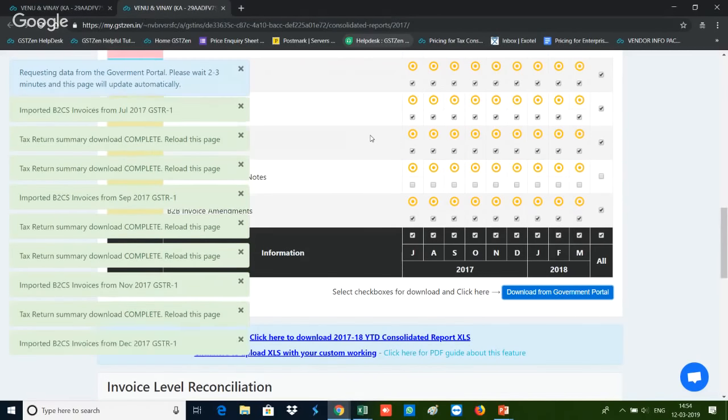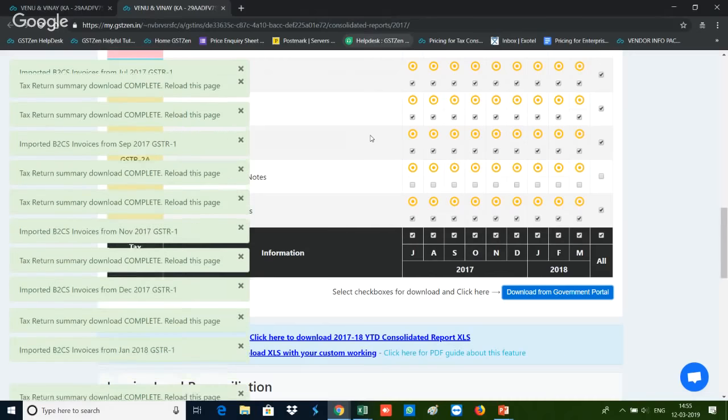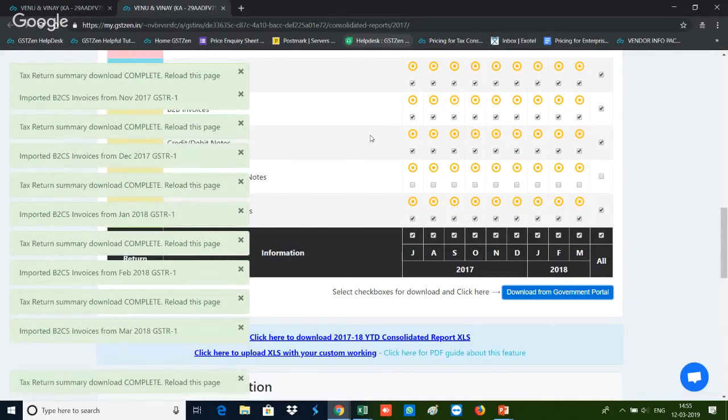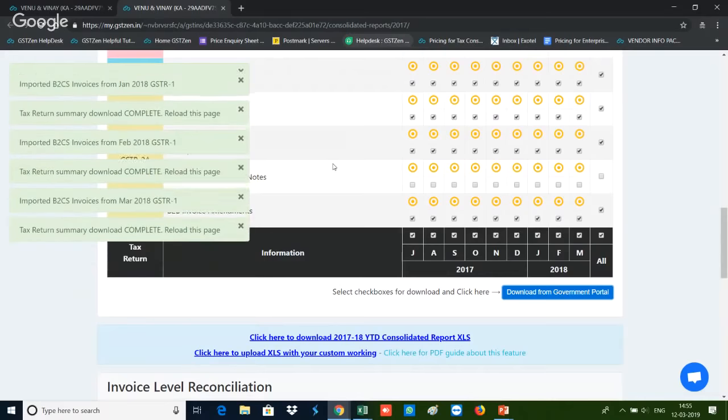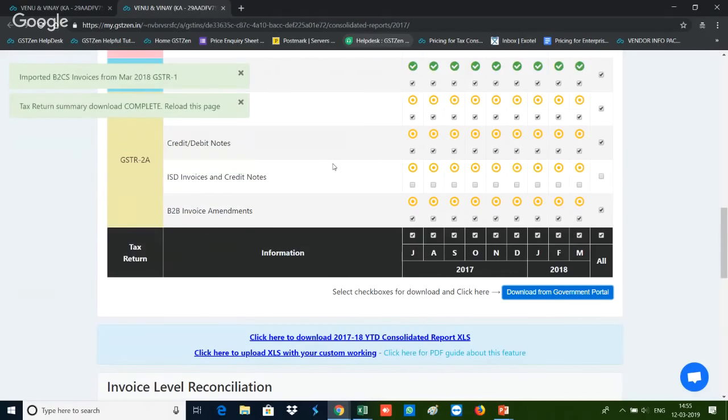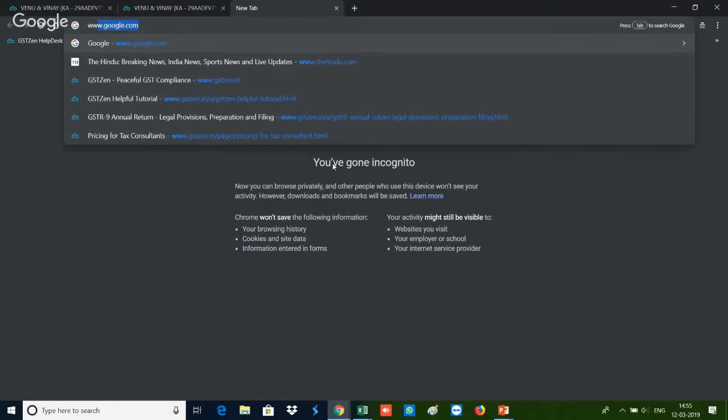So let us take a minute for this data to download. In order to maintain confidentiality, we will not show Venu's data. So we'll show a sample report from GSTZen containing GSTR-9 auto-populated. And then let us